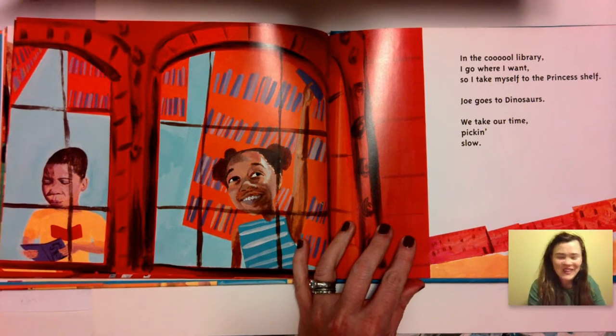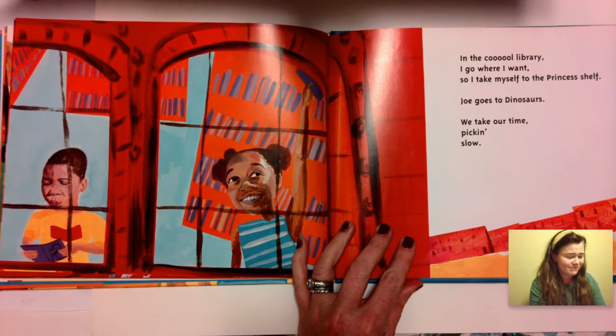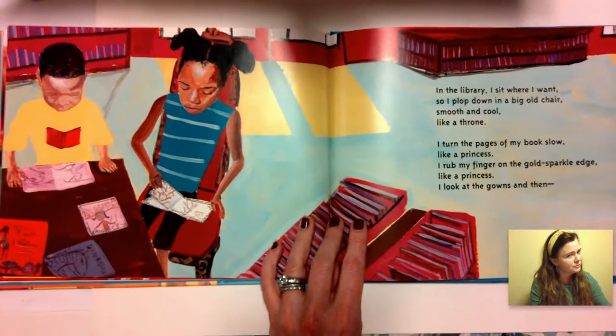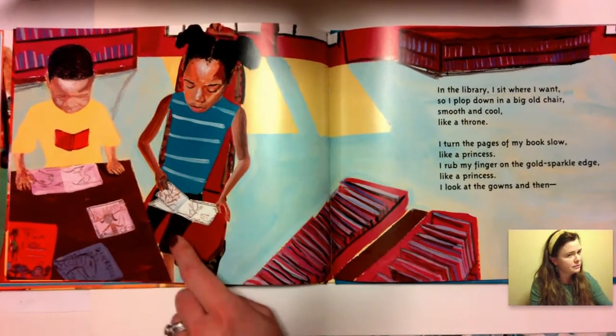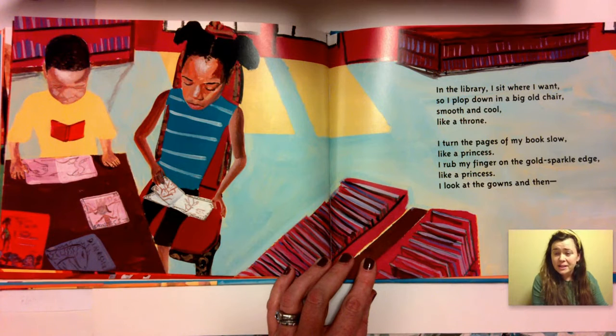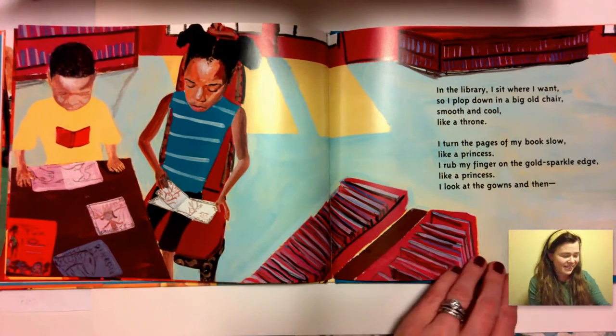Wow, in the cool library. I go where I want, so I take myself to the princess shelf. Joe goes to dinosaurs. We take our time, picking slow. The books here. Joe and Mimi. In the library, I sit where I want. So I plop down in a big old chair, smooth and cool like a throne. I turn the pages of my book slow, like a princess. I rub my fingers on the gold sparkle edge, like a princess. And I look at the gowns. And then